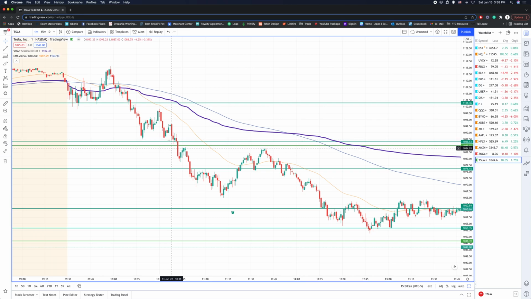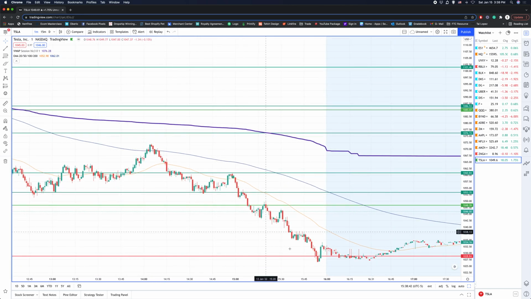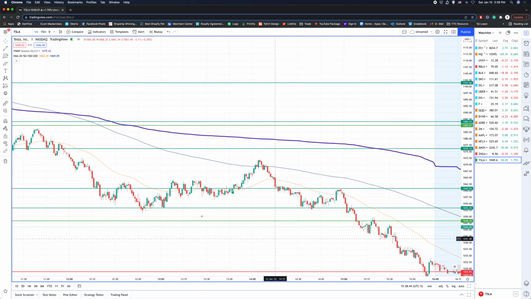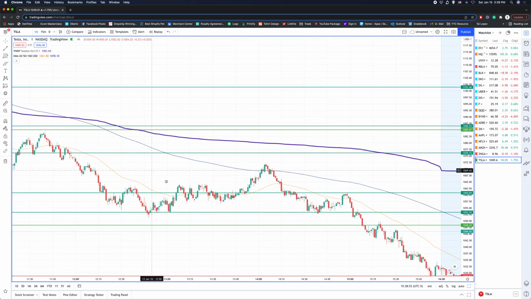I have these lines that I would sell, like my first target, second target. See, it didn't really hit the third target until later on, but I probably would have sold somewhere around here, made an extra $3,000-4,000 that day, and that's it. That's it. And of course, all this money, you don't want to chase. So if I would have held it throughout the day, I probably would have been sitting at a nice $7,000-8,000